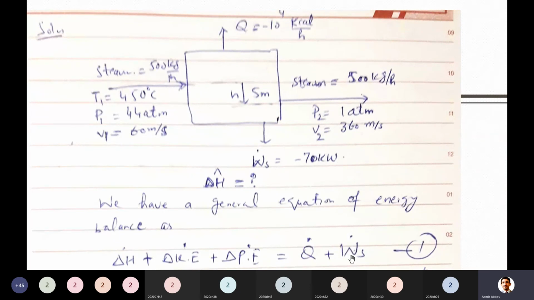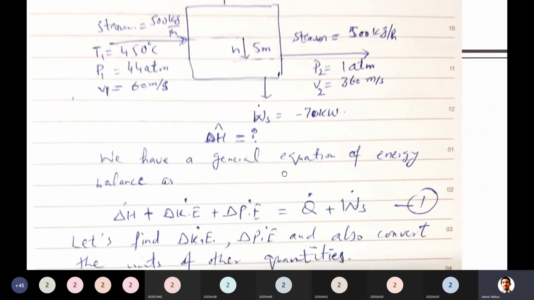What about shaft work? Is there any shaft work here? Yes, the turbine delivers it. Actually, as yesterday I discussed the example of a pump, now in this turbine there are the blades of the turbine. When the steam strikes those, they start revolving, and there is one shaft which is connected with the generator. So with the help of this, it rotates the generator. So that shaft is called shaft work, which is delivered by this turbine. That is also given, and in the question he mentioned specifically that the shaft work is 70 kilowatt.